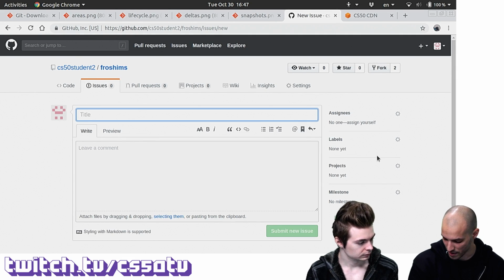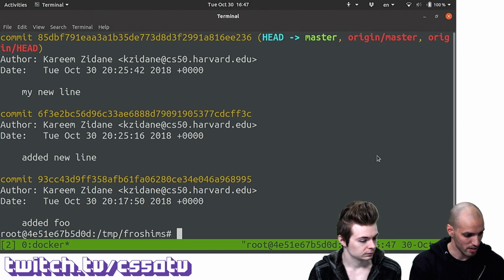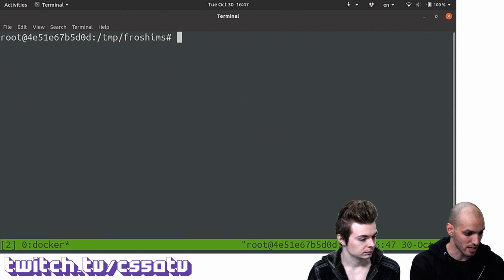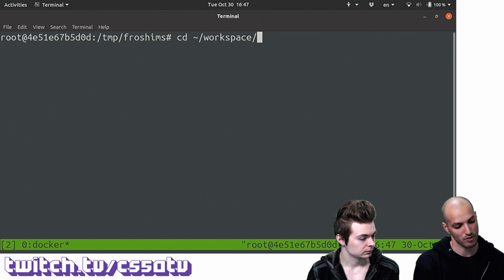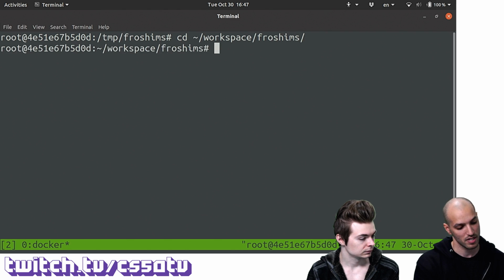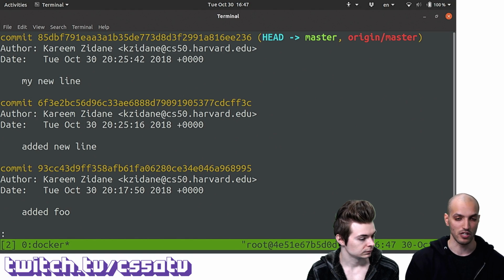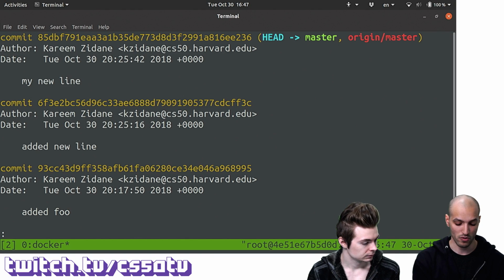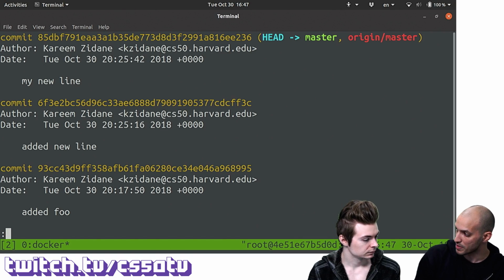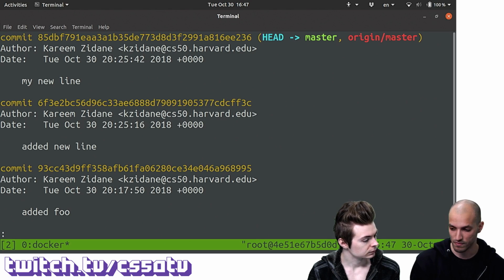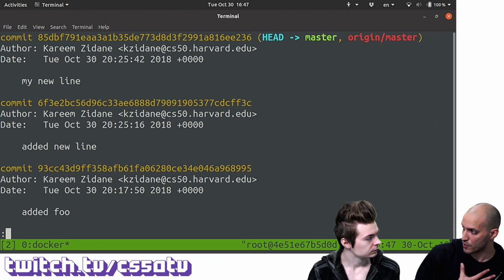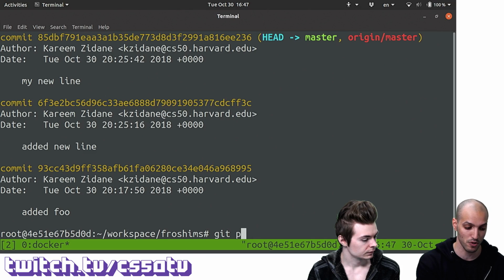One more thing that I think we should show that I actually forgot is, well, I guess we're at a perfect time to show this. So now that I'm back in my repository for Rush IAMs, if I do git log locally, I don't really see Colton's commit here in this case. So the way to sync up with my version of the repository in GitHub is using the git pull command.